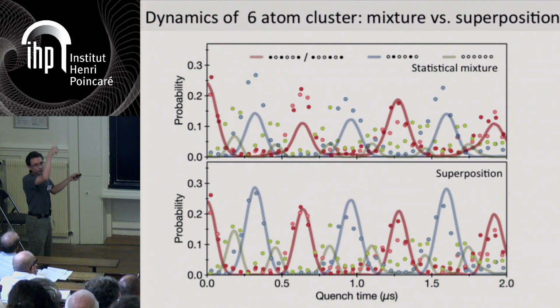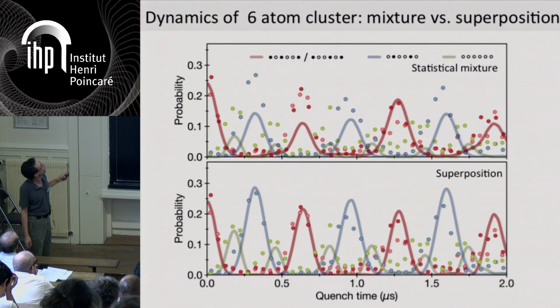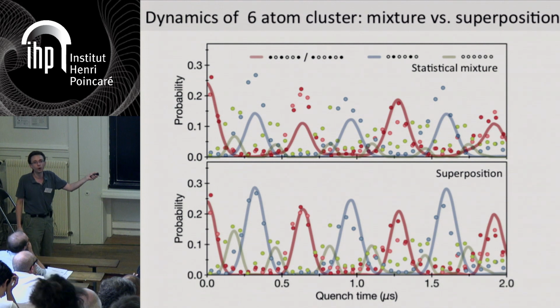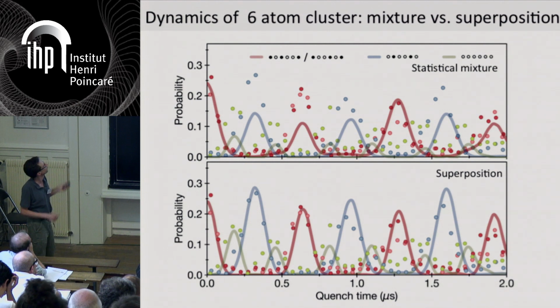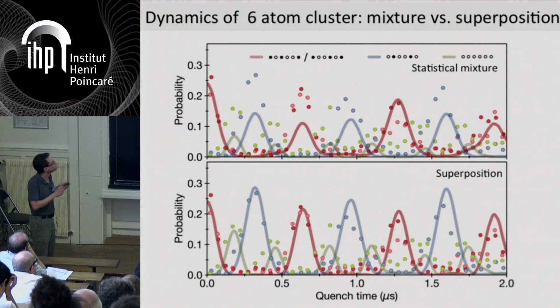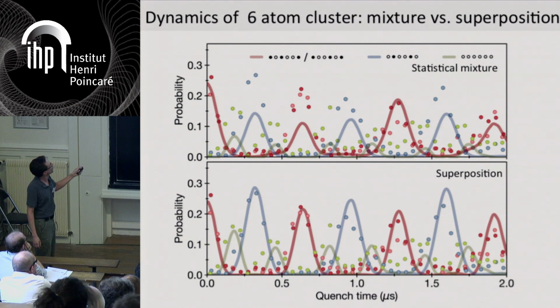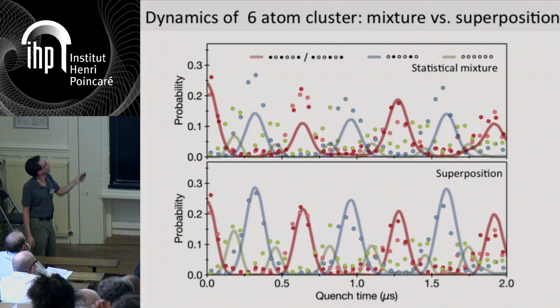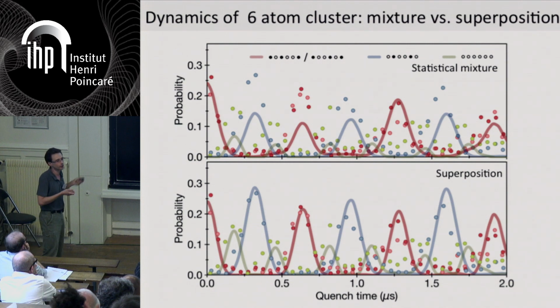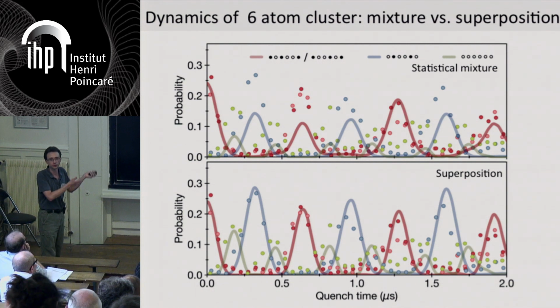And now what we can do is perform a quantum quench as before and look at the many-body dynamics over time during the quench. And because it's only 6 atoms, we can do the full simulation. And so we can compare our experimental data, which are the dots here, to the numerical simulations on two scenarios, one with statistical mixture and one assuming a quantum superposition as the initial state. And, well, with a bit of generosity, you might agree with me that the second data agree more with the theory than the first one, which could be a good sign that we have prepared something which is close to a superposition.